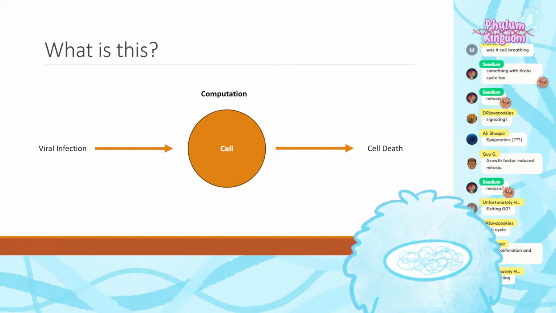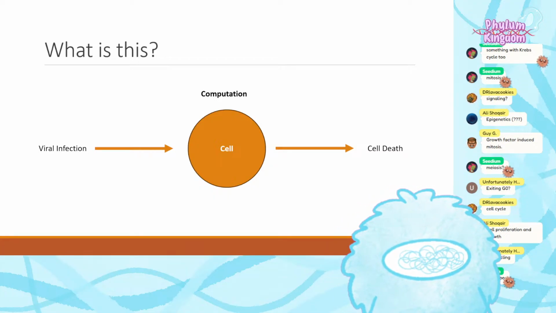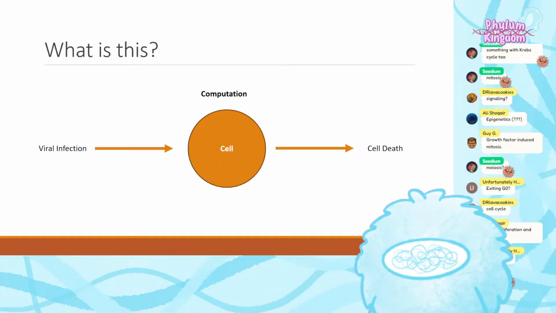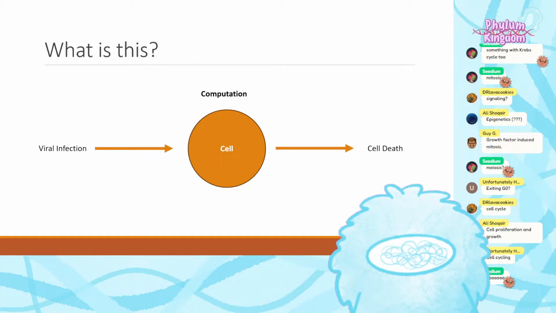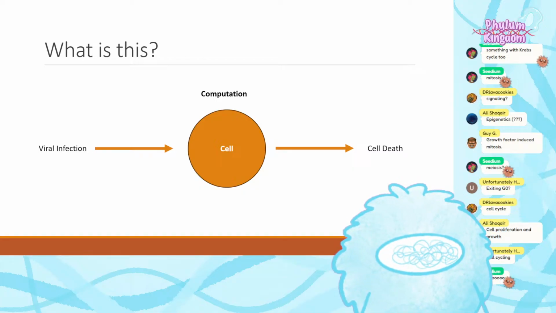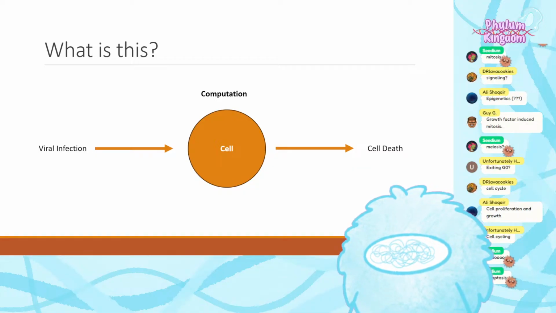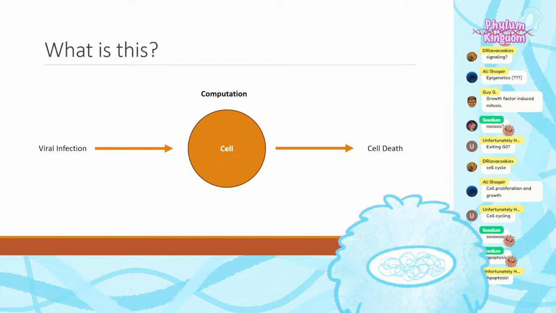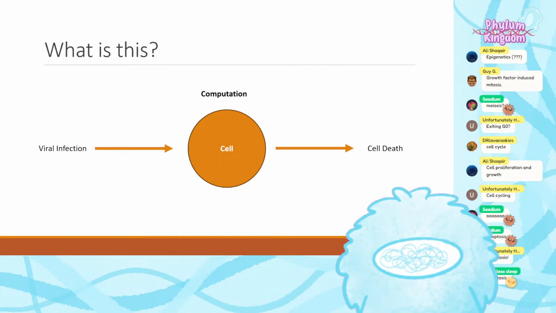So this could also be described as something to do with cell biology: taking the input of a viral infection and then dying. Turns out that's also something that is studied in cell biology, right? So what would this process be called? Taking the input of viral infection and then dying as a response, right? This is pushing maybe the definition of input and output, but I still think it's valid to view it in this way. Apoptosis, very, very good.